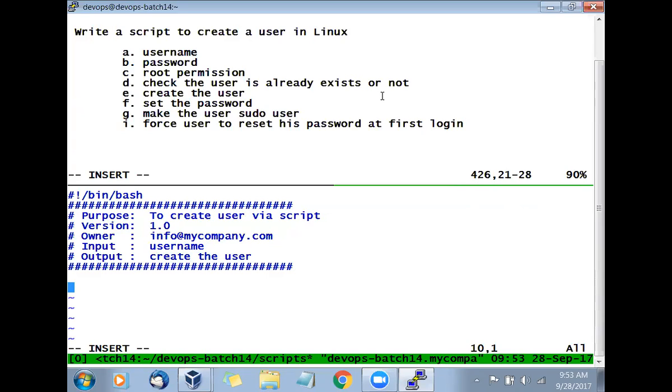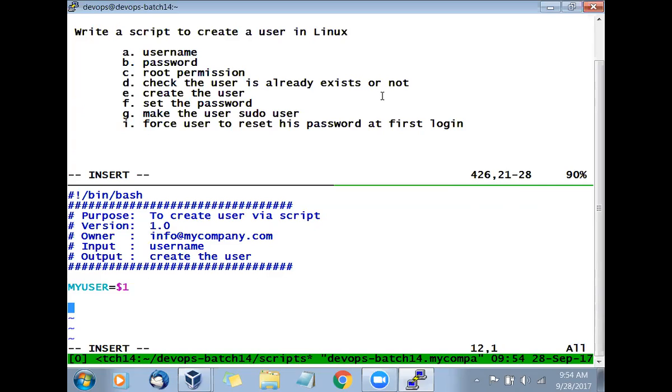Now, when we want to give the username, what can we define? We can define a variable, and I can say MYUSER is equal to $1. Now we understand what that means. We are saying that the first parameter we pass as an argument, take that as the username. Get the username via parameter or argument. That is the first line we are describing.